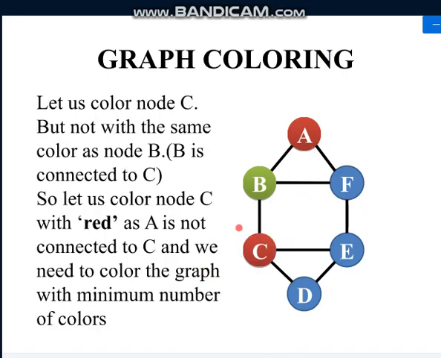See, look at this. So we have considered C. Now C is connected to B. So we cannot use color green. Yes, but C, is it connected to A? No, C is not connected to A. As I am supposed to use the minimum number of colors to color all the nodes of this graph, what I will do is I will again fill this node C with color red. What I am trying to do, I am trying to fill every node with some random colors in such a way that none of the adjacent nodes have the same color. So if I look at this, C is connected to B, so it is adjacent to B.